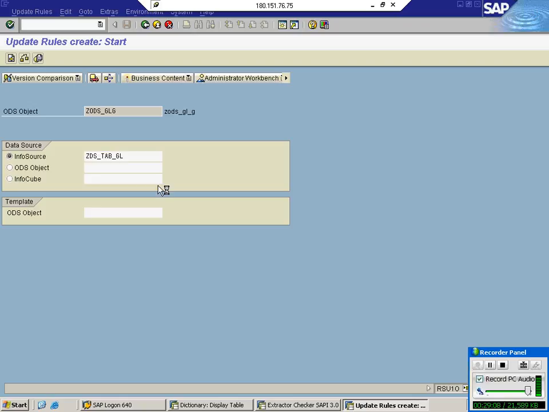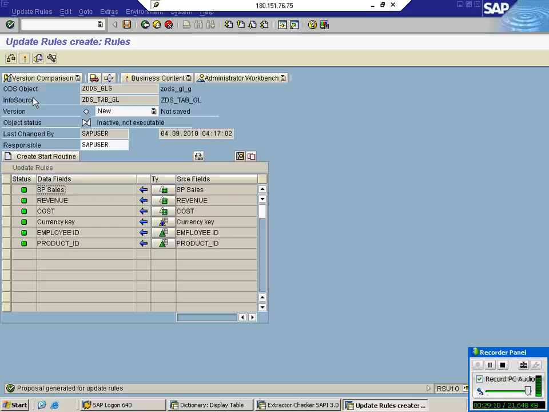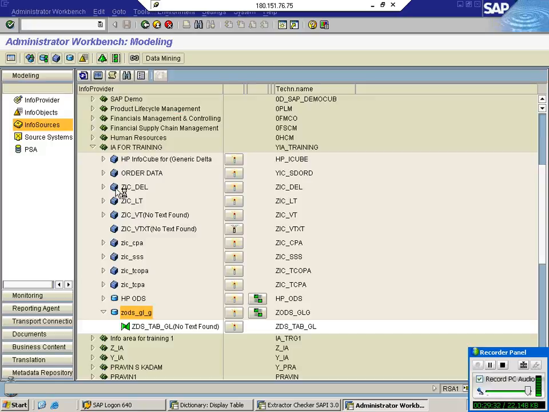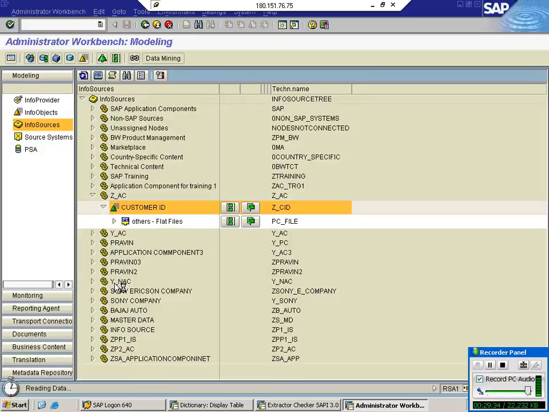So give your info source. This is your info source name. Just enter. Go with activate. It is activated. So what to do now?